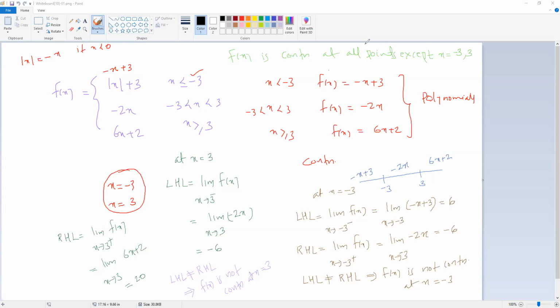ये दोनों पॉइंट छोड़ के, minus 3 और 3 छोड़ के बाकी सभी पॉइंट में फंक्शन कंटिन्यूअस है. नहीं तो x is equal to 3 में और x is equal to minus 3 में